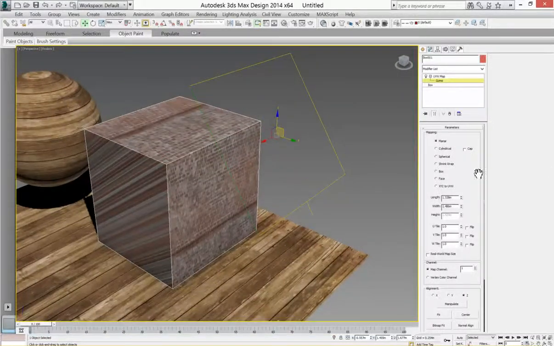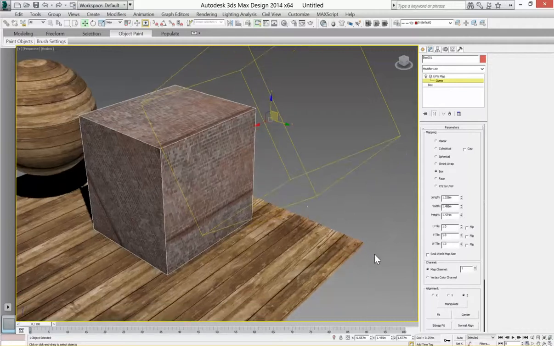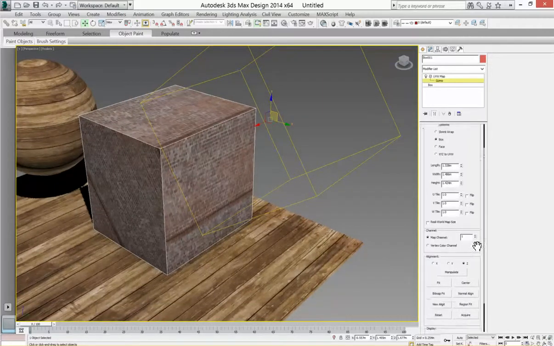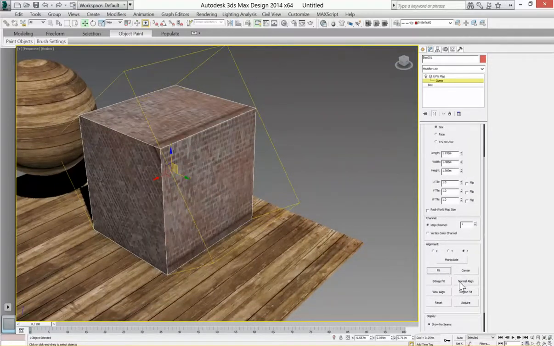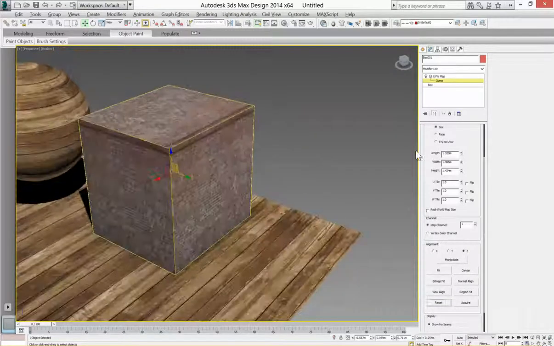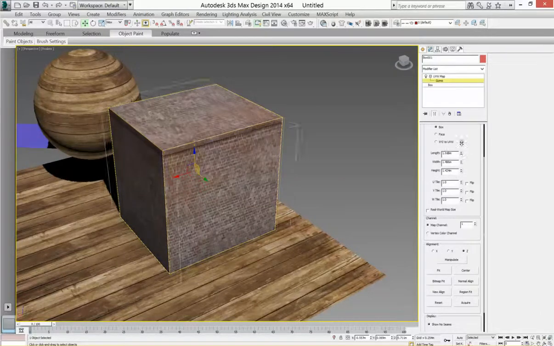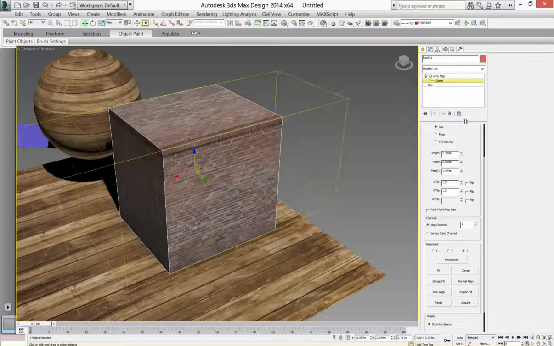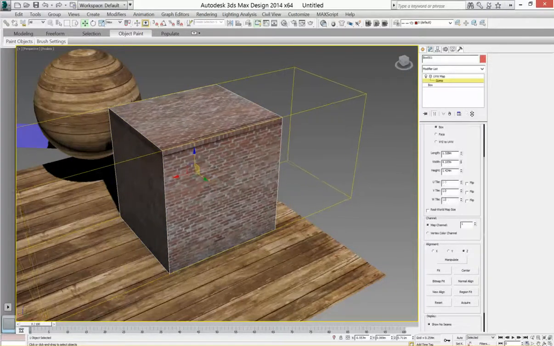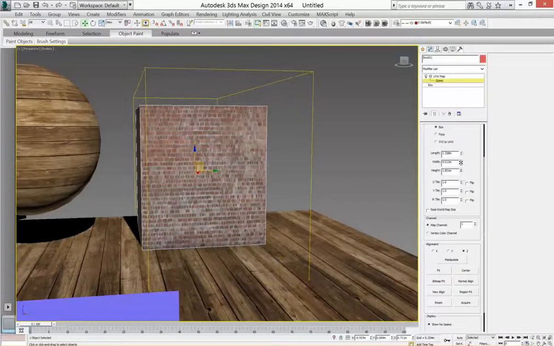Clearly for the box, I would want to use a box map. And for this, you can always go back and say fit and reset so that it squishes back around or reforms itself. And from here, you can control the length and size of it. So if you know exactly the length of those bricks, we can start to control the scale of that. And you'd want to do that, of course, on both sides, since the image is